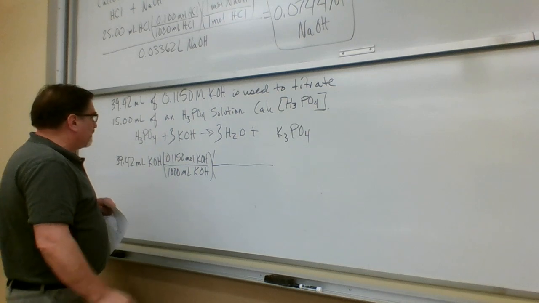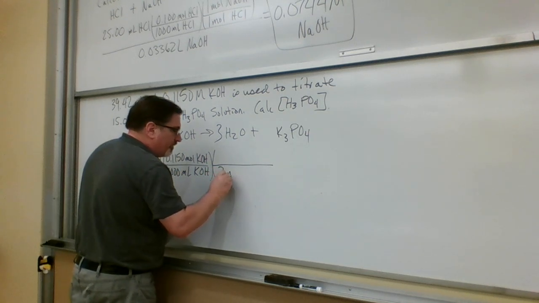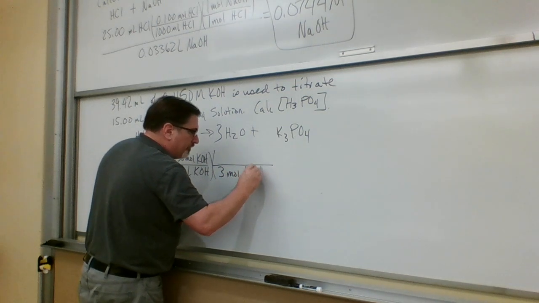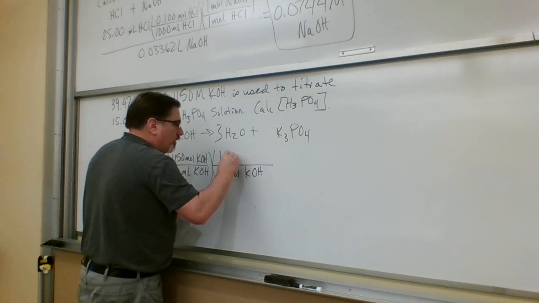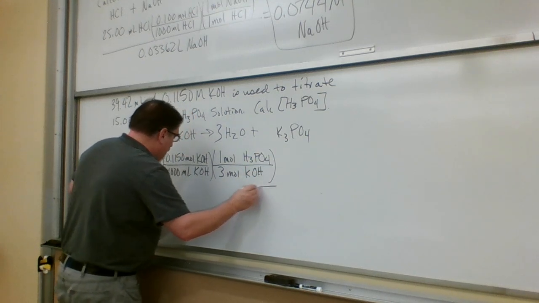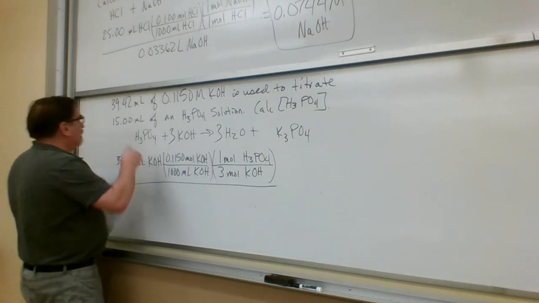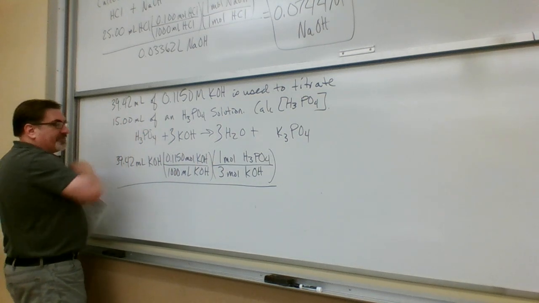We have to go back to the reaction and notice that there's 3 moles of KOH for every 1 mole of H3PO4. So that converts us from volume of KOH to moles of H3PO4,